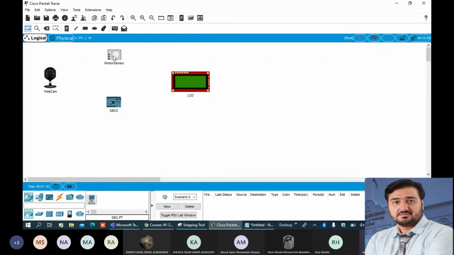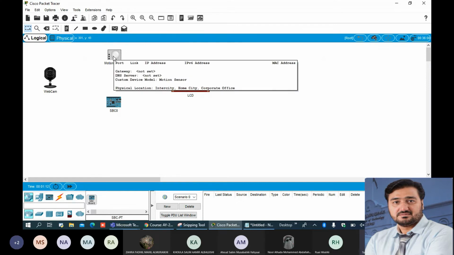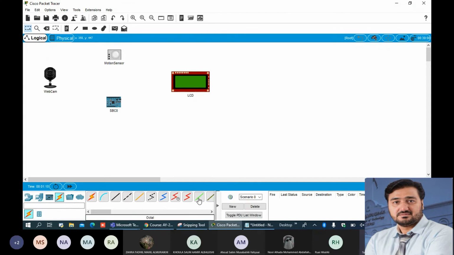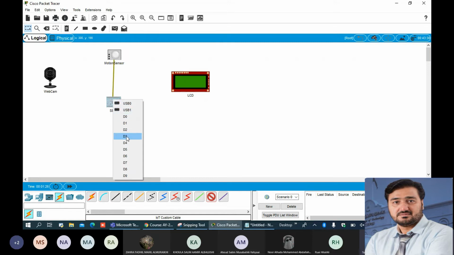Now we will connect the motion sensor with port number 3. Let me connect first. Please all of you follow the same steps. Take this IoT cable. This is D0, and here I'm going to connect with D3.